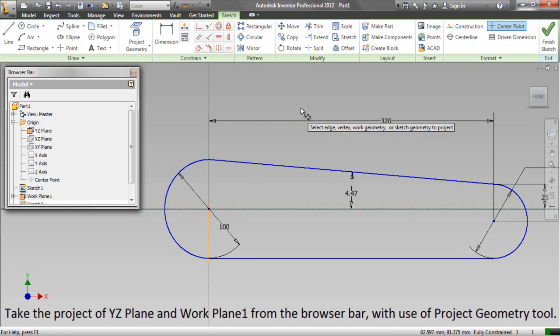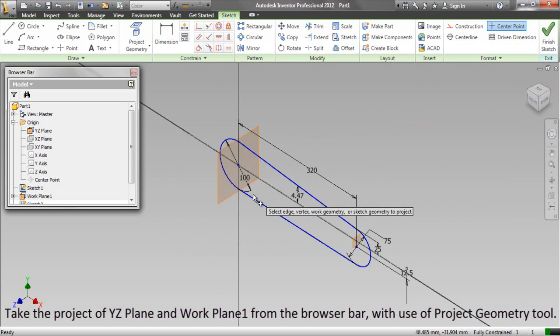Take the project of YZ plane and Work Plane 1 from the browser bar with the use of the Project Geometry tool.